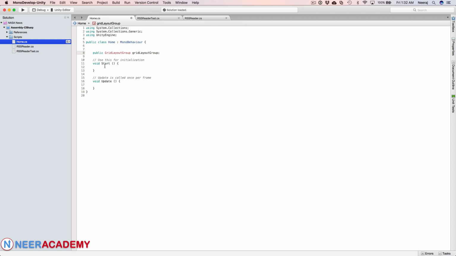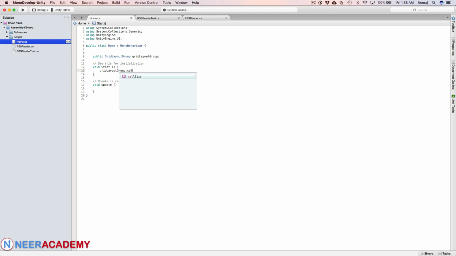This I am going to set from the Unity editor. Before doing that, let me import the Unity Engine UI package. And then here dot cell size